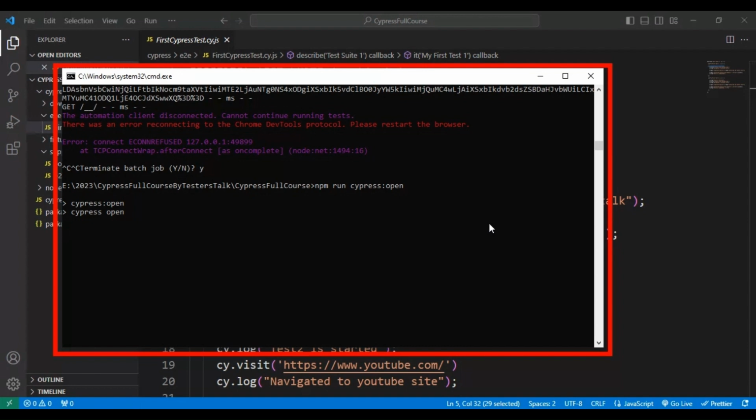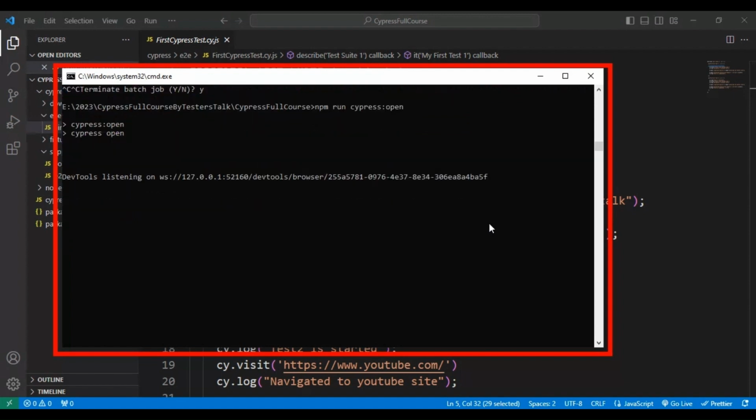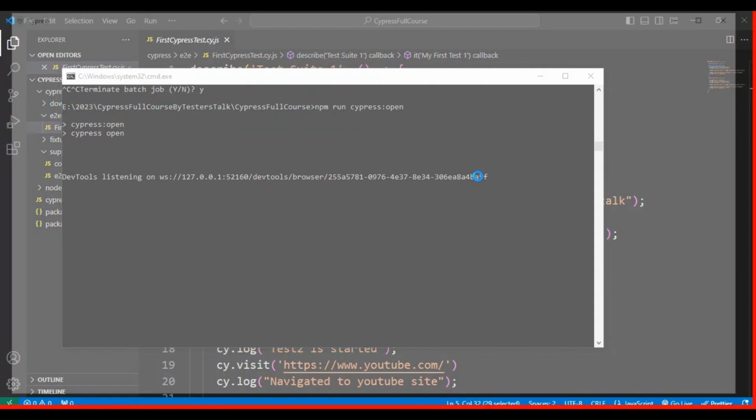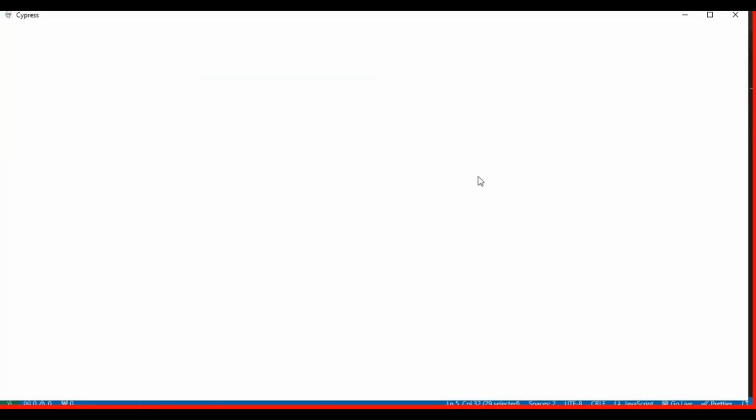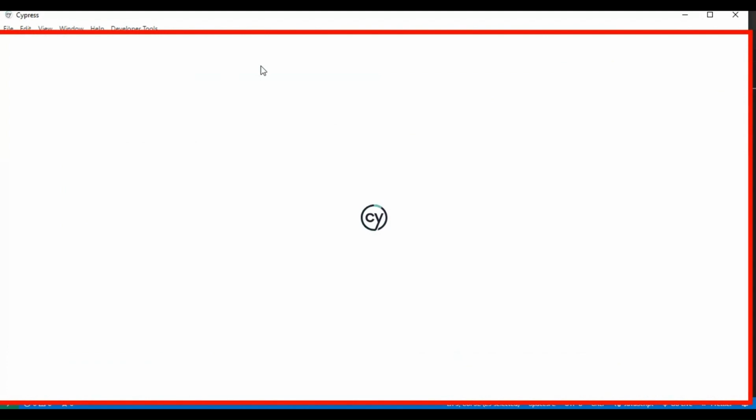So it is taking little time. Let's wait for some time. Usually it will not take this much time, but it depends on your computer and configurations sometimes. So if you look here, it has opened the Cypress window, and here we have to select the